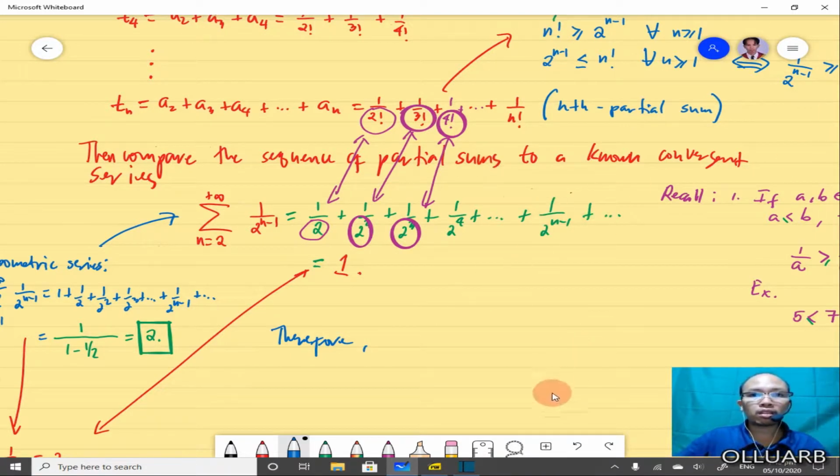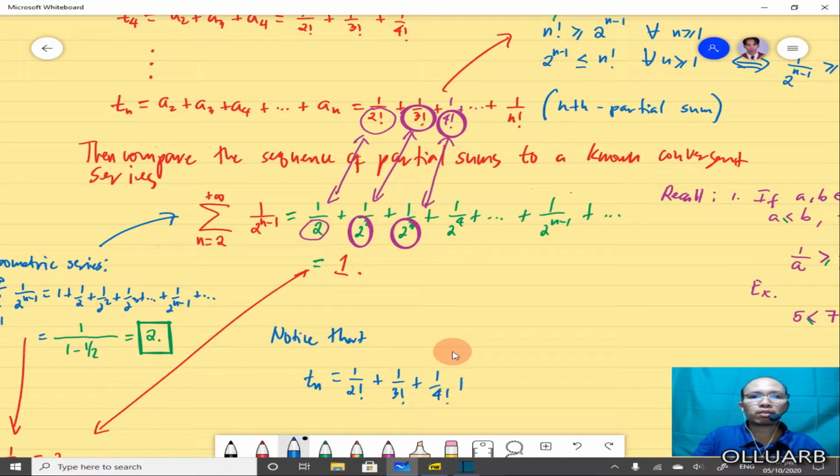Let's say, notice that the nth partial sum, 1 over 2 factorial plus 1 over 3 factorial plus 1 over 4 factorial plus dot dot dot up to 1 over n factorial,